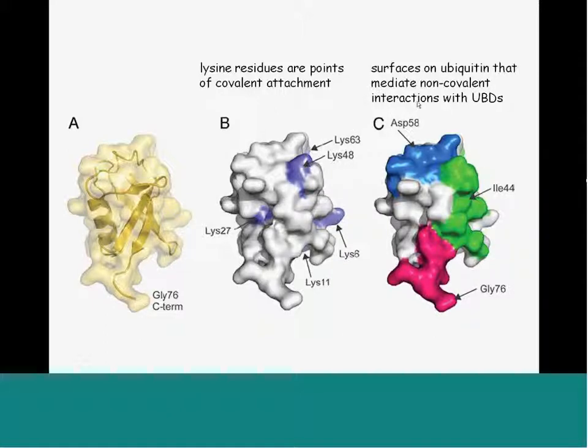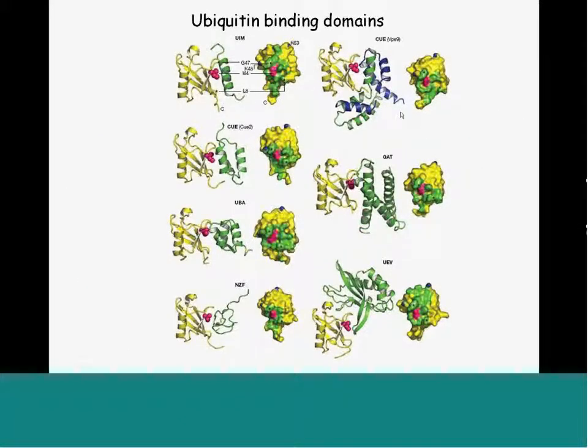Ubiquitin binds to most ubiquitin binding domains through non-covalent interaction. So the interactions with UBDs are non-covalent, through a hydrophobic patch, typically centered around isoleucine 44. Other binding domains have been linked to aspartic acid 58 on ubiquitin and also interactions through glycine 76. I think one example exists for that. So isoleucine 44 forms a nice patch that interacts with multiple ubiquitin binding domains. And I think there are probably about, last count, 22 known ubiquitin binding domains. And most of them interact with isoleucine 44 on